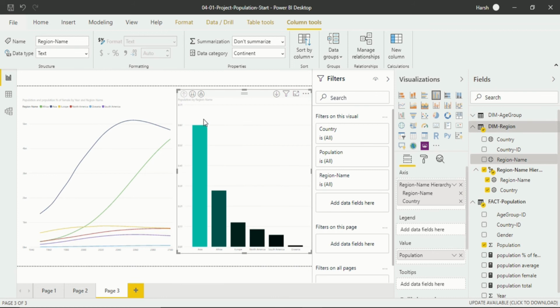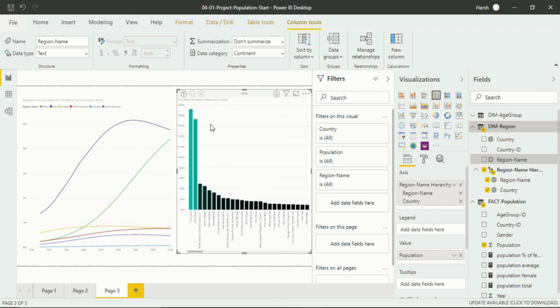So this is how you will use this feature. There is another option that is available to you after these two points, that is expand all down one level in one hierarchy. So when I click on it, you will see everything is now in one hierarchy. That is how it works.